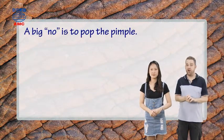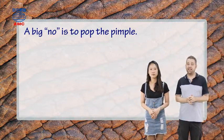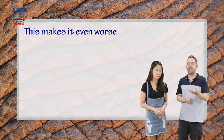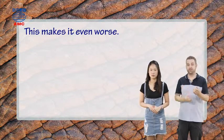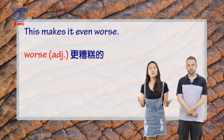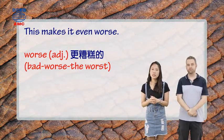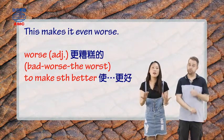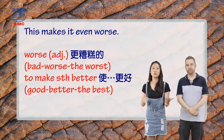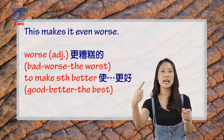Now, what do we know about popping the pimple? We see it says a big no is to pop the pimple. 去挤青春痘呢是绝对不能做的事情，and why is that? Well, it explains this makes it even worse. To make something worse means to take something that's already bad and make it more bad, or as we say, worse. 去挤痘痘呢，会让痘痘的状况更糟。Worse 更糟糕的，它是 bad 的比较级，最高级呢则是 the worst。我们这个形容词的3态变化是 bad, worse, the worst。那如果我们要让事情变得更好，我们可以说 to make something better。Better 那就是 good 的比较级，最高级是 the best。3态为 good, better, the best，这也是一组不规则的形容词3态变化。现在呢，就让我们进入 Magic Box，听讲师讲解 make something 后面加上受词补语的用法。